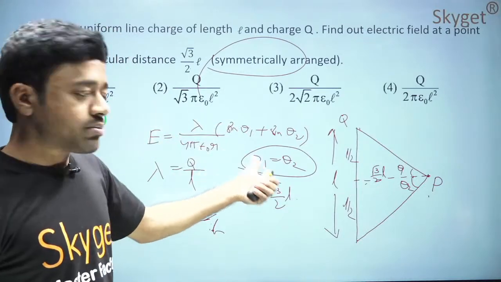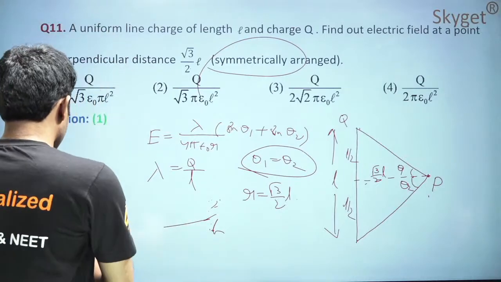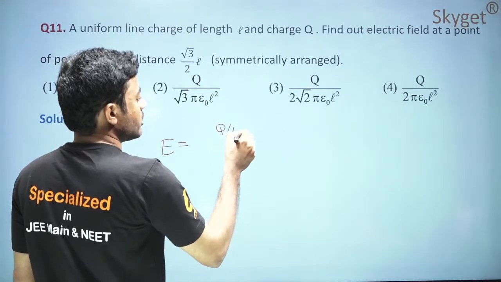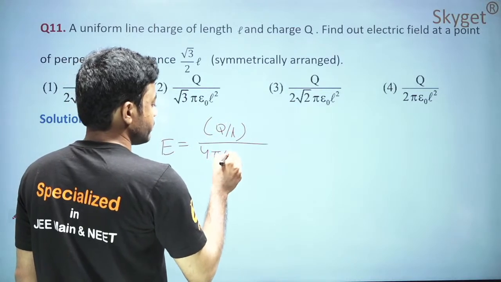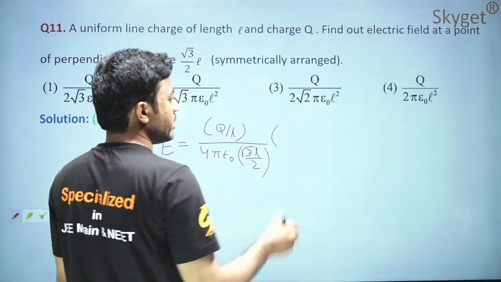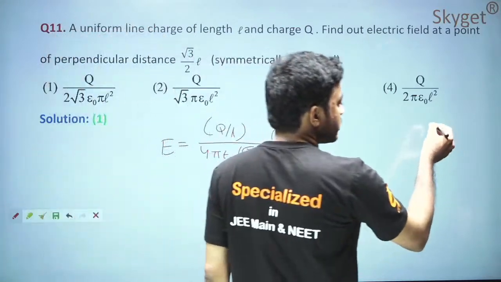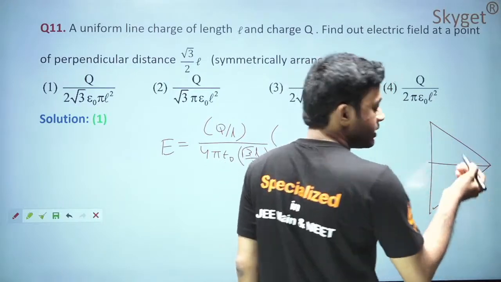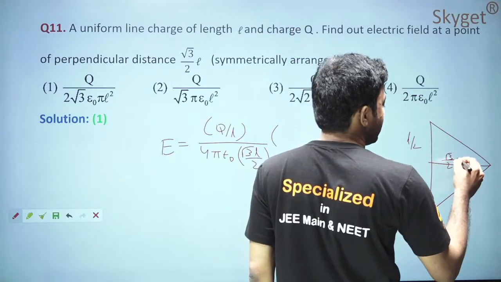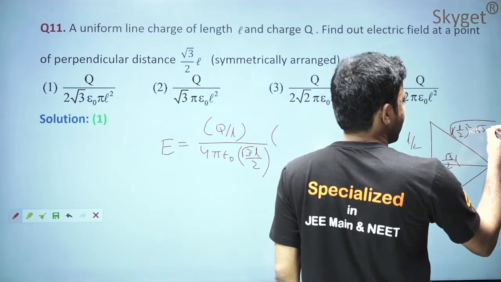So you have to substitute these values into this equation: E is equal to lambda by 4 pi epsilon naught r, times sin theta 1 plus sin theta 2. Then you will get the required value of field intensity. Take Q by L in place of lambda by 4 pi epsilon naught, and r is root 3 L by 2, into sin theta 1 plus sin theta 2. Here you should find the value of sin thetas. As both angles are the same, sin theta 1 is equal to sin theta 2. As this is L by 2 and this is root 3 by 2 L, this would be L by 2 whole square plus root 3 L by 2 whole square,